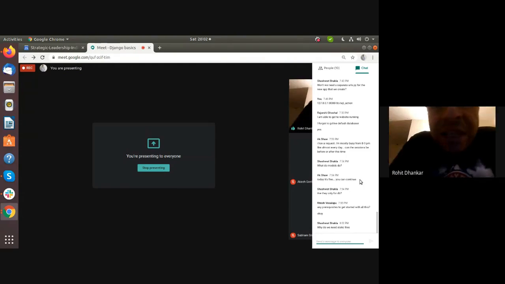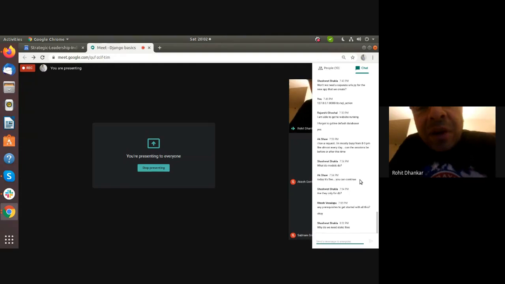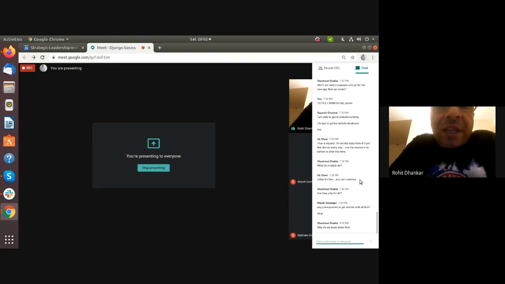Shashwat, static files are, let me give you an example. Let's say there is some kind of JavaScript that needs to be run, or there is something that is coming from a CDN. Let's take a very simple example of Bootstrap. Bootstrap is something we use quite extensively for our front end, and it is hosted on CDNs, which is basically the cloud hosting network that they have.